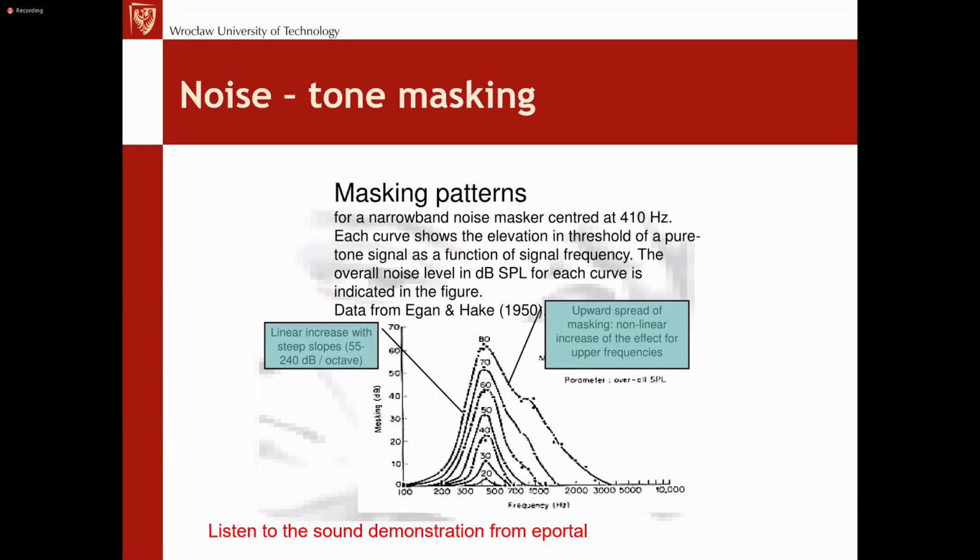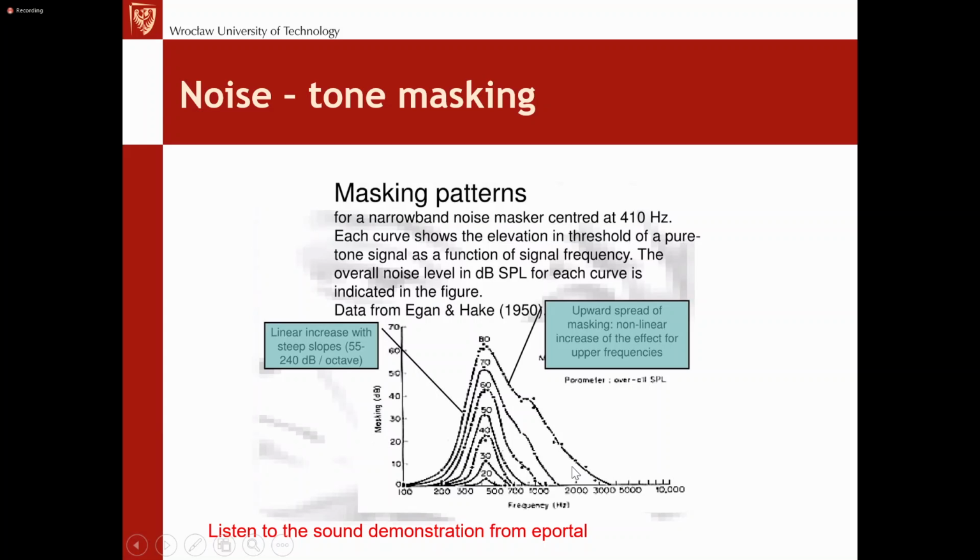Let's assume that these curves are mostly symmetrical, and so you can see that for frequencies lower than the masking frequency, we have a similar situation to tone-to-tone masking. And for higher frequencies, we also have the same situation, but